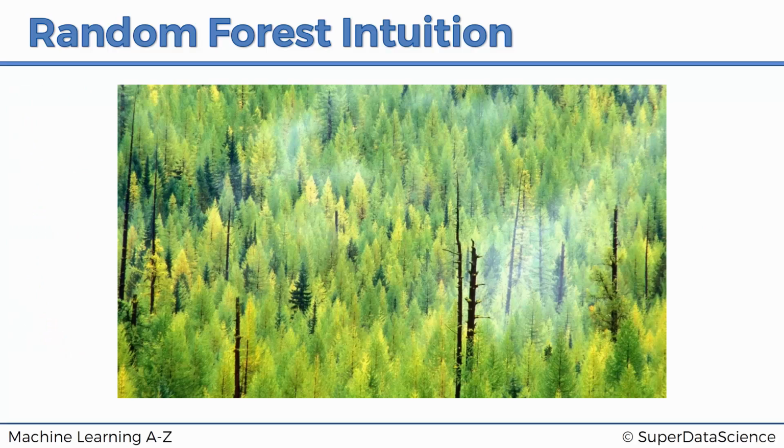So basically you start off with one tree and then you build another tree, another tree, another tree, and each one of those trees is being built on a randomly selected subset from your data. And even though each one of those trees might not be ideal, overall on average they can perform very well. And that's a major advantage of this algorithm. It's kind of leveraging the power of the crowd, so to speak. Instead of just relying on one tree, it's checking what all the trees are going to say, and then taking the majority vote and deciding the classification based on that. And that power of numbers can help get rid of certain errors and certain uncertainties in your algorithm